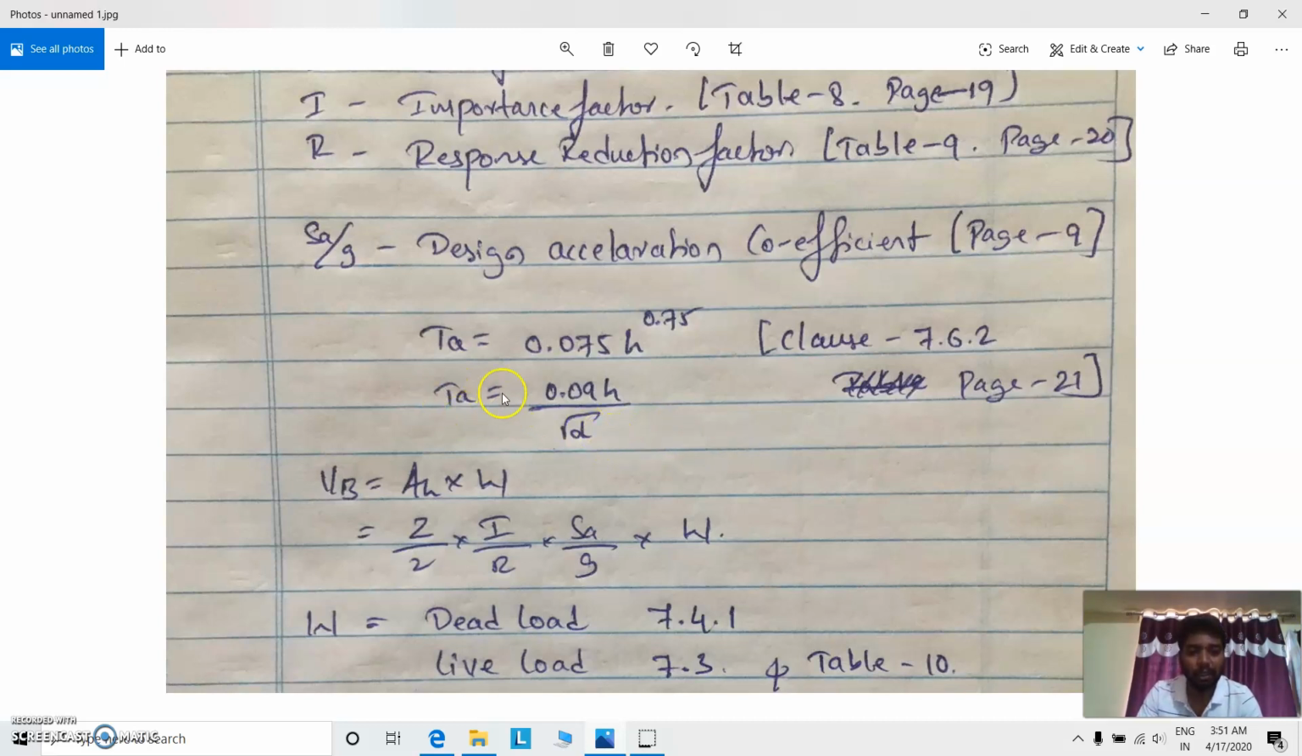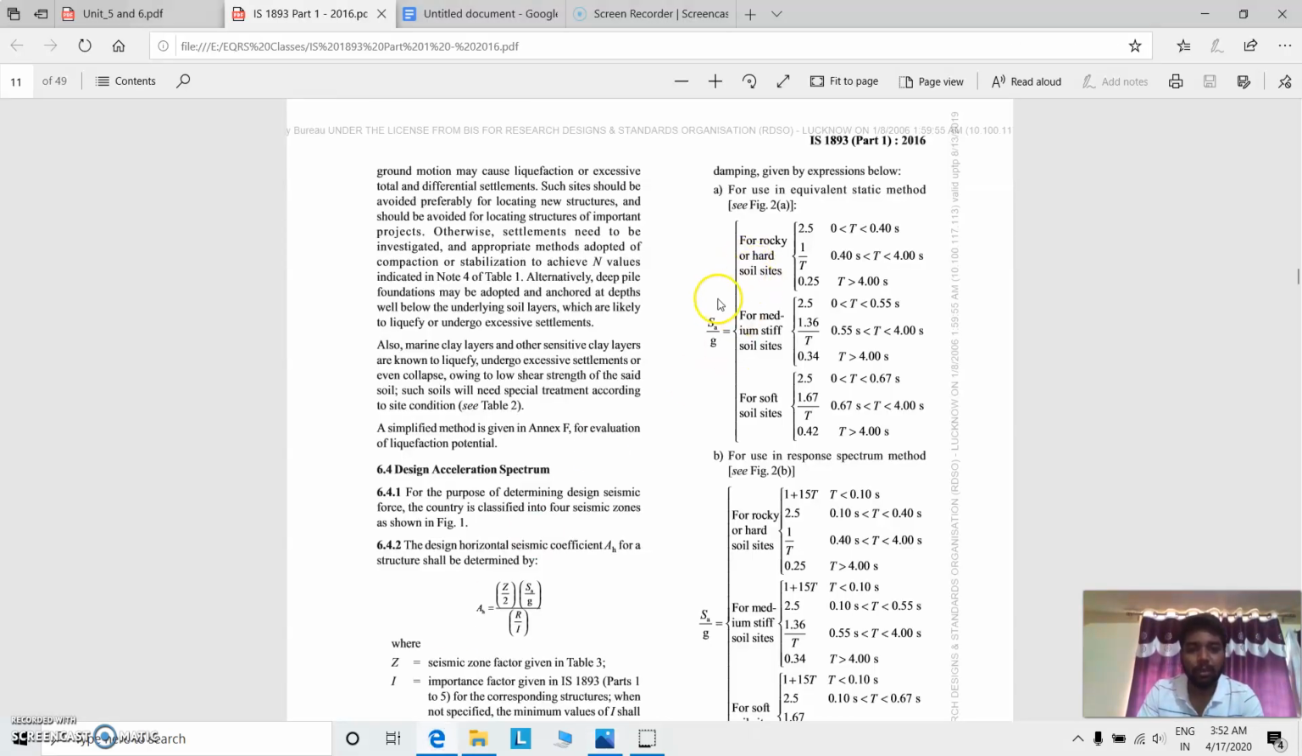Similarly here, TA has to be calculated to know the SA by G value, that is the design acceleration coefficient, that is given in page number 9. Again, this design acceleration coefficient of the structure is dependent on the type of soil, whether it is rocky, medium or stiff, or soft. Like that, we have to consider. Here, SA by G is given for rocky soils, for medium stiff soils, for soft soils, right? By knowing the type of soil and the time period of the particular structure, we can compute the SA